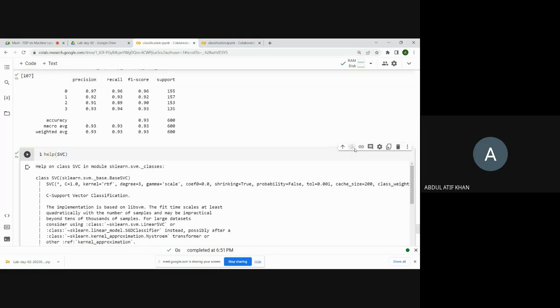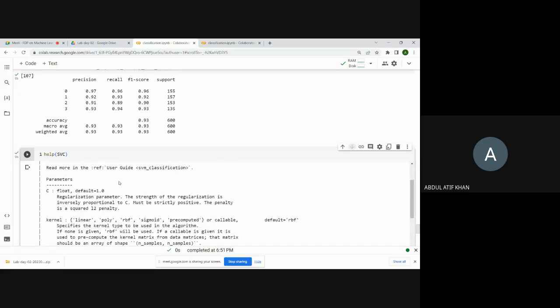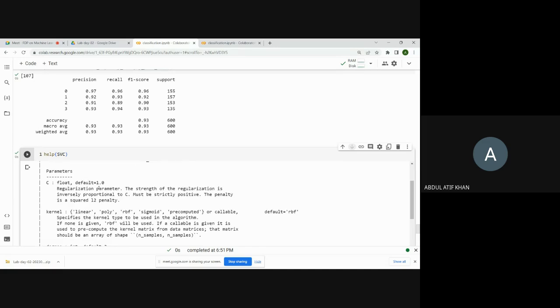So let's see, we have our support vector classifier, and we wanted to perform classification using SVM. Here you can see that there are some parameters. The first parameter, related to the training, will be C, the regularization parameter. Its value by default is 1, but it can be 1, 2, 3, 4, 5 like this. And we don't know for what value of C for the given data set we got the